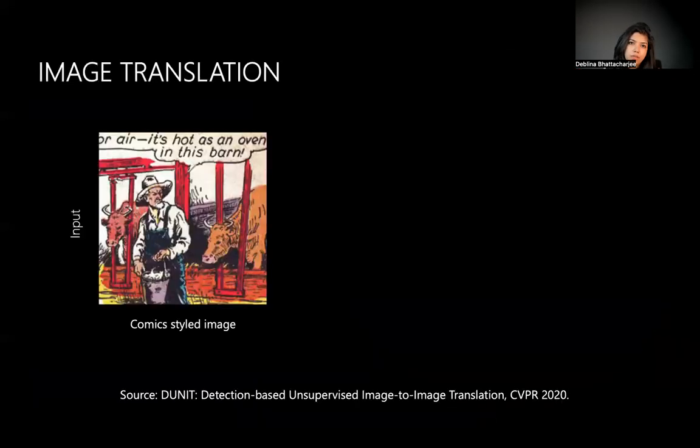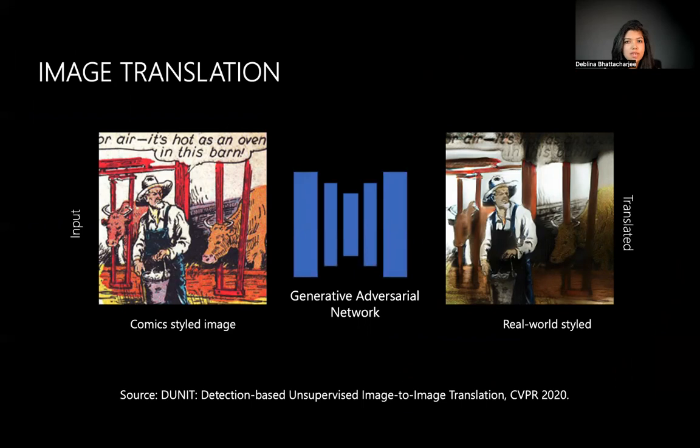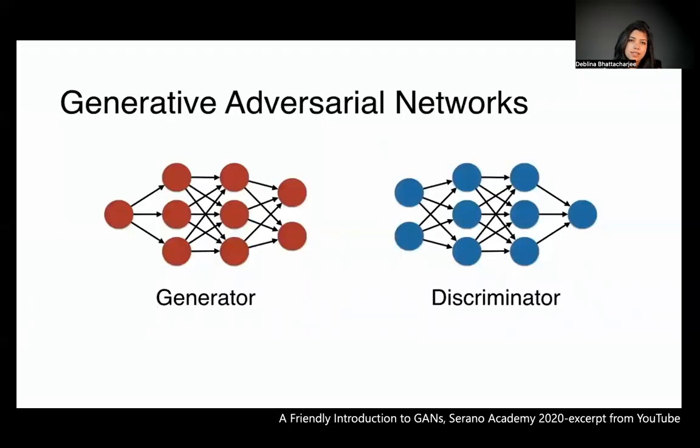To do so, we employ image-to-image translation, which is a method to translate the comic-styled images to the style of a real-world image. We do so using generative adversarial networks, or GANs. The GANs that are trained here are networks that generate images with real-world style, but contain objects from comics. This, ultimately, helps us to leverage models trained on real-world knowledge to improve the depth estimates. First, let me give you a general idea of what GANs are.